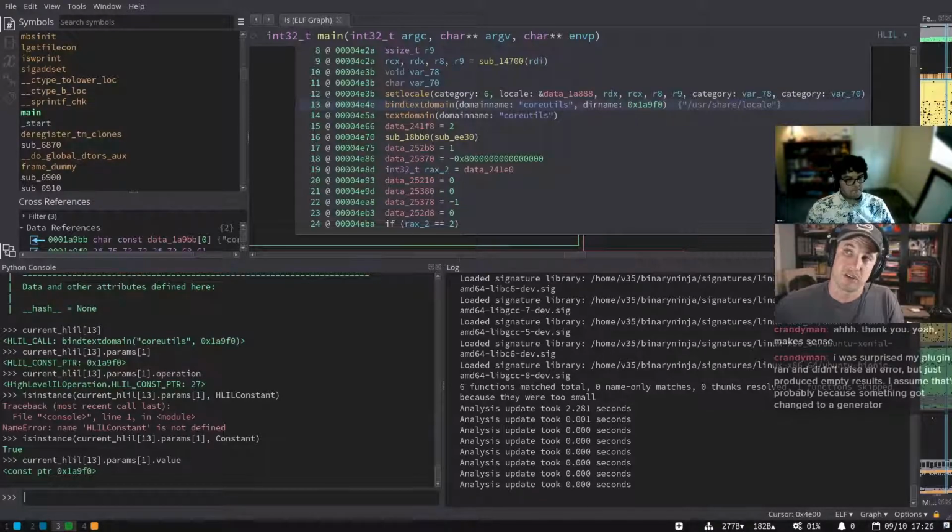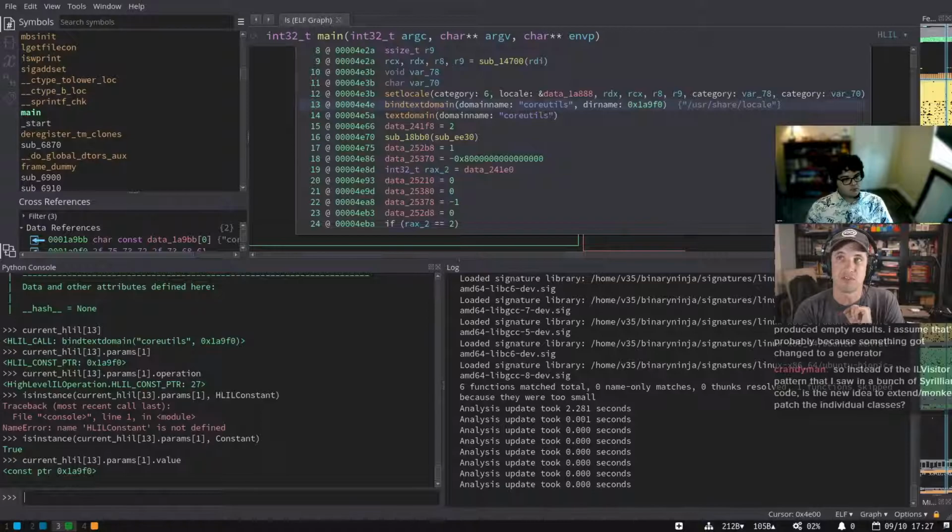Yes, some generators. That is one of the big changes. Several things were changed to generators, and that's primarily a performance reason. It makes a lot of things significantly faster instead of just returning full lists. I think in Peter's benchmarking it's a 2 to 3x speed up if you have code that iterates over all the IL in a binary, for example, and asks some question or does some operation over it. So it comes with a speed up, but the big difference is there are a lot more generators now instead of returning a full list right off the bat.